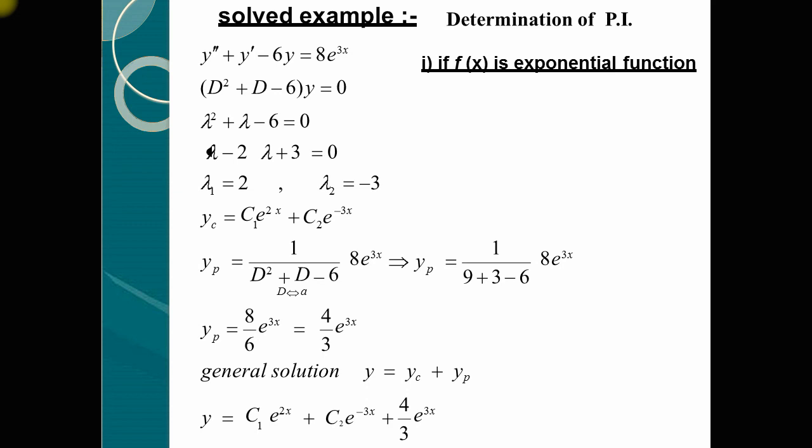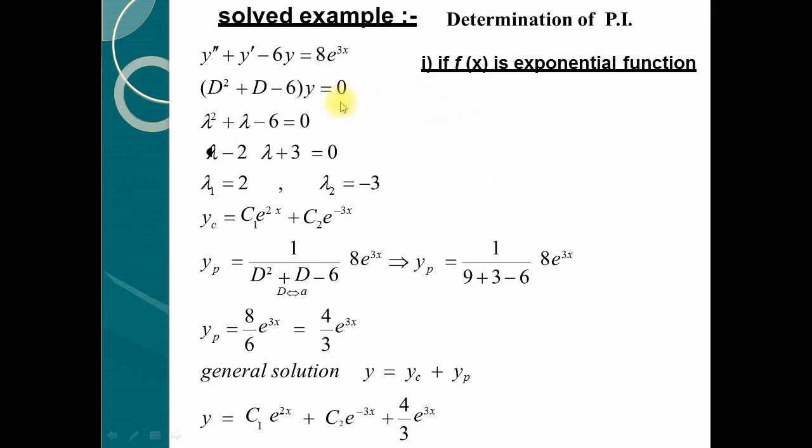And when the given higher order differential equation is linear and non-homogeneous, meaning there is a function of x on the right hand side which is not equal to 0, then this non-homogeneous differential equation has two solutions: the complementary solution and the particular solution. The complete solution will be equal to the complementary solution plus the particular solution. So the question is, how do we find the particular solution?